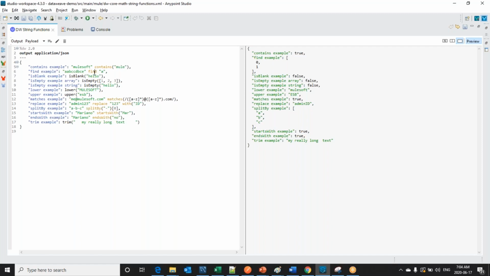In a similar way, find. So what is the difference between contains and find? Find is also similar. It will try to find whether the provided alphabet is available in the string or not. If it is available, then it will respond back with an array of all the places where it is available. If you see, it is available at 0, 1, and let me keep it at the end. Now it will show me the end index too: 0, 1, 9. So if you would like to do some check with respect to find, then we can get the size of it.